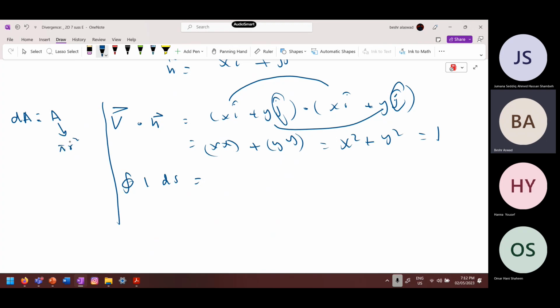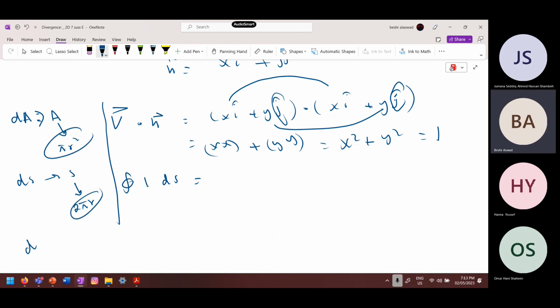That's for polar paths. As for ds, the integration becomes s, and s is equal to 2 pi r, which is the circumference of a circle. I want you to remember these two,